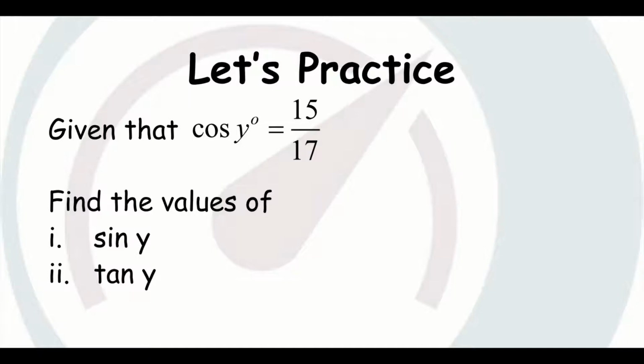Let's draw a diagram. In case I did not say this before, we use trig ratios, cosine, tangent and sine, with only right angle triangles. Only right angle triangles. So let's draw our right angle triangle given the information that we were given,